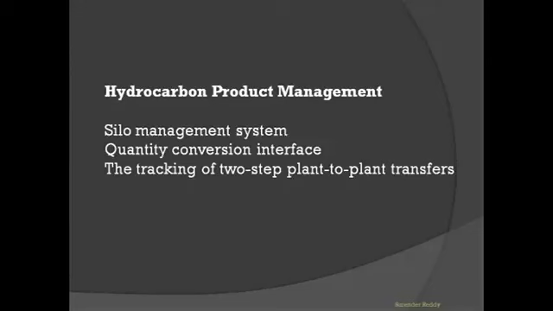And I told you in the TD functionality, plant to plant transfers are there. These plant to plant transfers we can track from hydrocarbon product management. How much material is moving per shipment or per duration, we can track using the hydrocarbon product management tracking interface. These are the functionalities I'm going to cover, from pricing agreements to hydrocarbon product management.